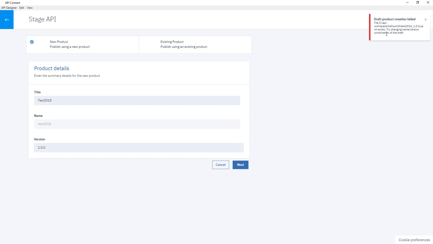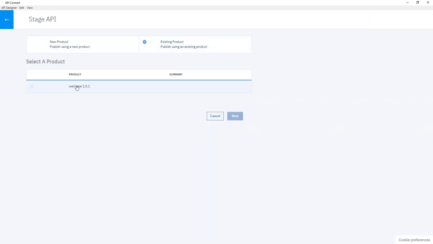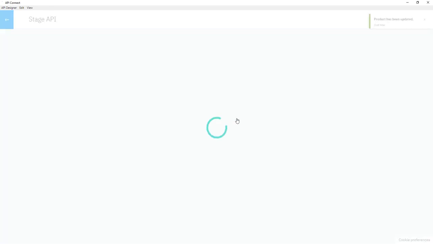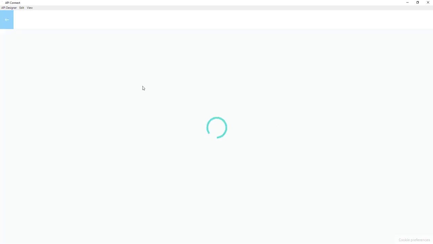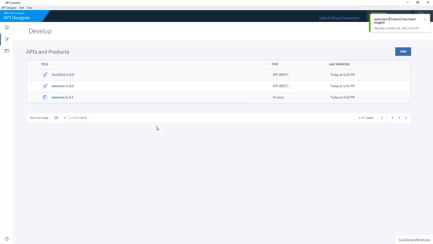Let me try one thing. We'll use this one, let's see if it will work. We'll stage to our sandbox. We have only one catalog here, so we'll publish into sandbox. Sorry, we'll stage it, then we'll publish it.